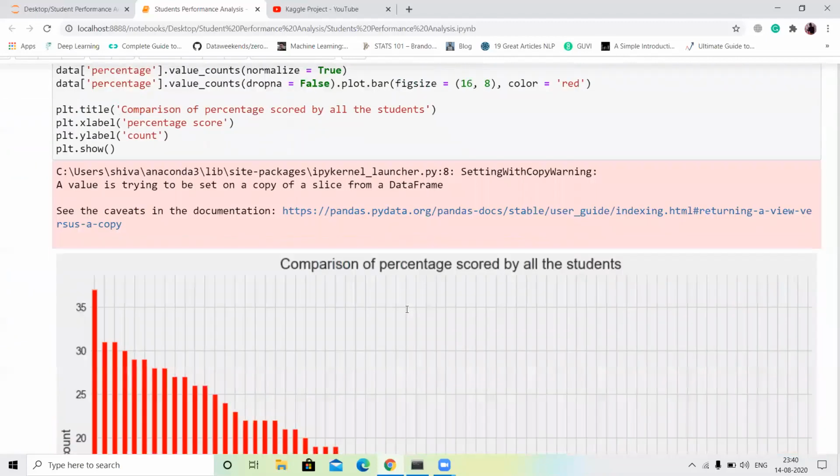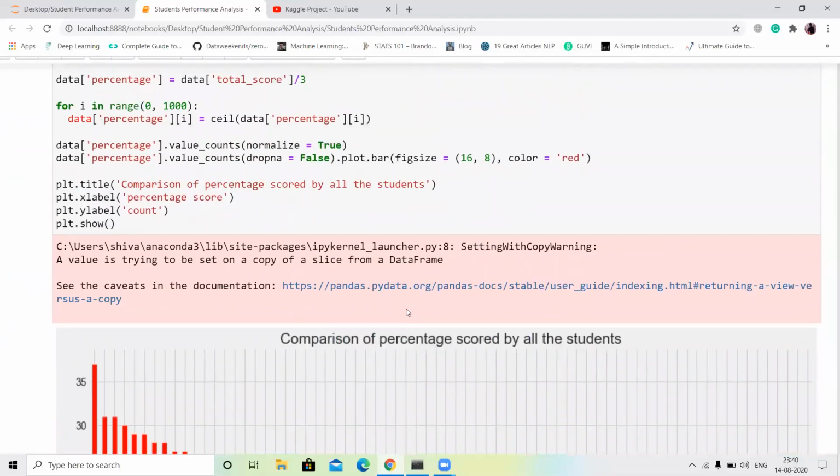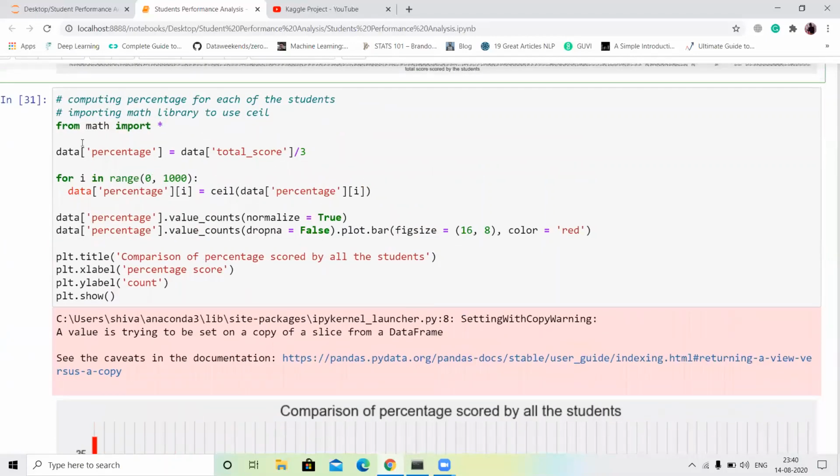Next, I check the comparison of the percentage score of all the students. I import from the math function, and create a percentage column: data percentage equals total score divided by 3.